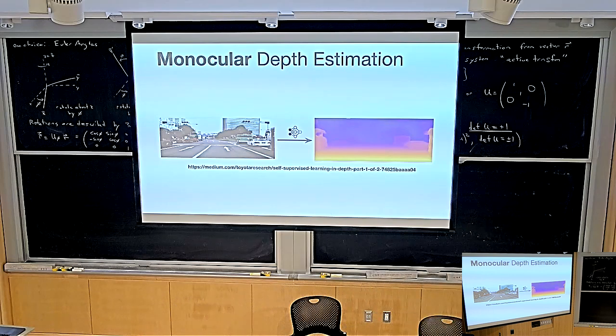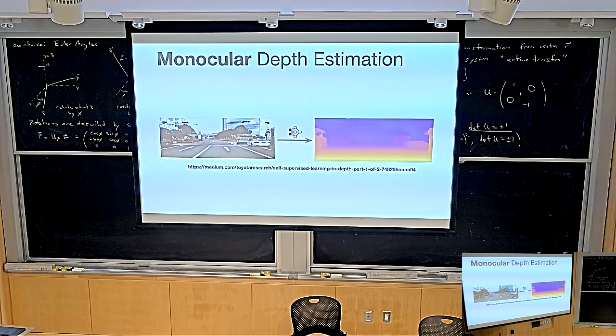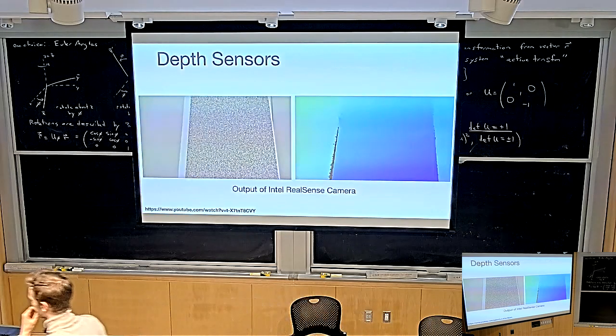So what is monocular depth estimation? It is the first deep learning thing we're talking about. It is going from an image, sticking it into a neural network, and the network gives you the depth for every pixel. That's monocular depth estimation. And this concept is fundamentally very simple, right? So let's talk about the simplest way of doing this.